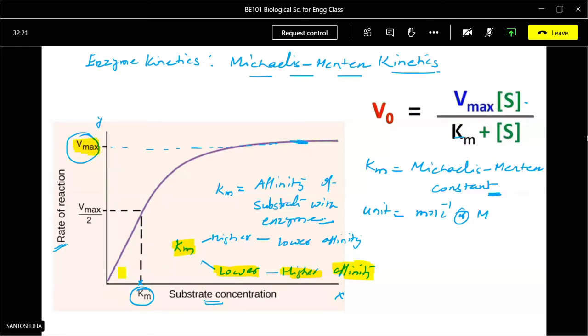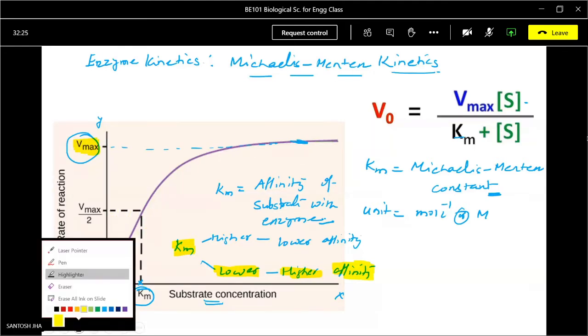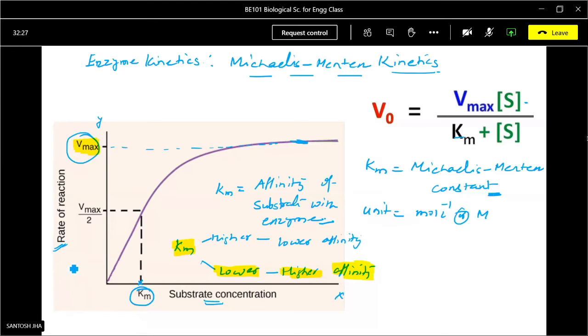As you can see, this plot is the non-linear plot. If we summarize this plot, below this Km value we have the first order reaction, and at the Vmax we have the zero order reaction, and between these we have the mixed order reaction. If we have to interpret, we generally perform the experiment below